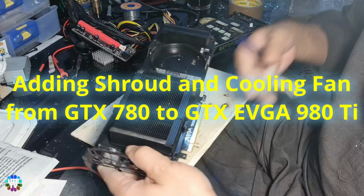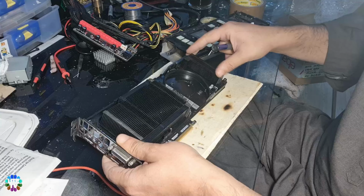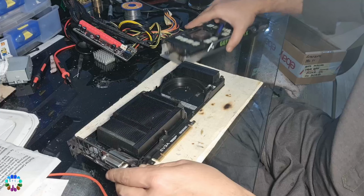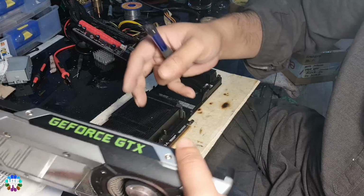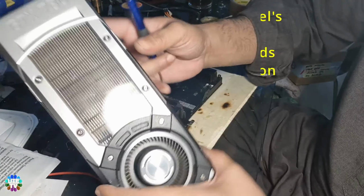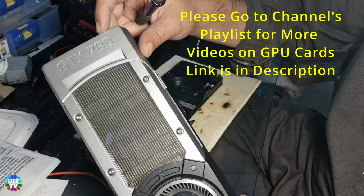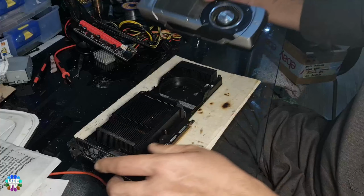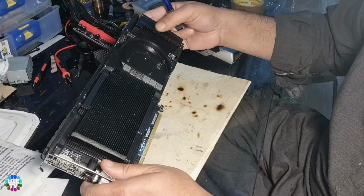Today I'm going to show you how to change a shroud and also a heat sink, or convert into this kind of fan. This fan is from a GeForce GTX, and this is from a 780. It's not a 980 Ti. This card is actually one of the customer's. He wanted to change